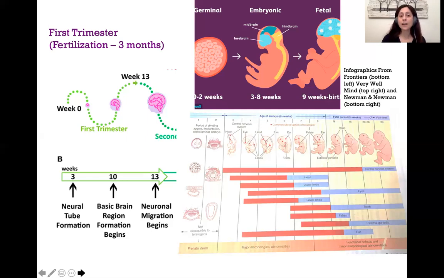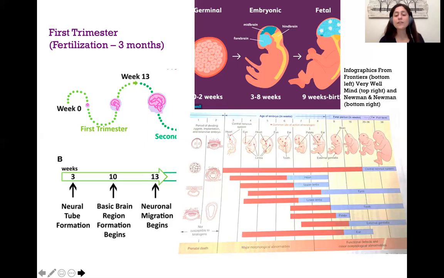Okay. Another thing that's developing is the placenta, which acts as an exchange station of nutrients, wastes, and, depending on the environment, potential teratogens. During the first trimester, and especially during weeks 3 to 9, the embryo is especially sensitive to damage by teratogens, which are agents that can cause malformation, such as alcohol or drugs. And the developing baby is so sensitive because there's so much development happening during this time.